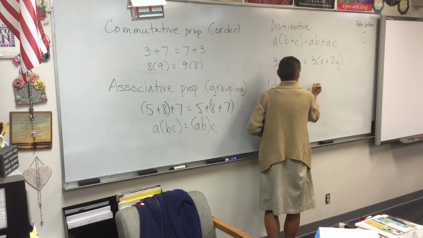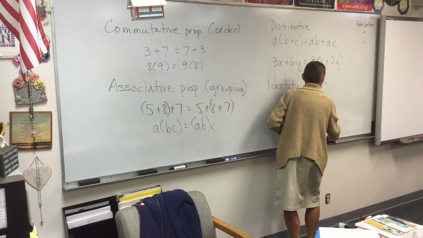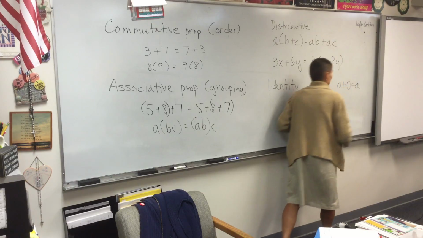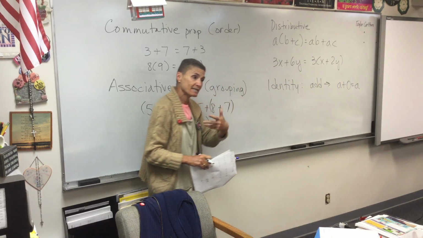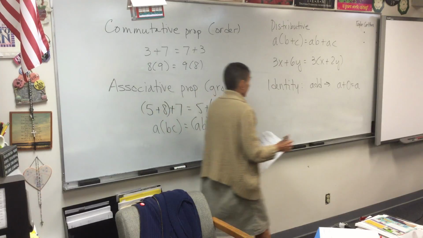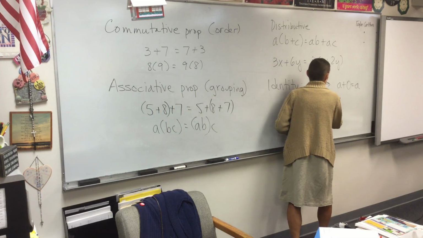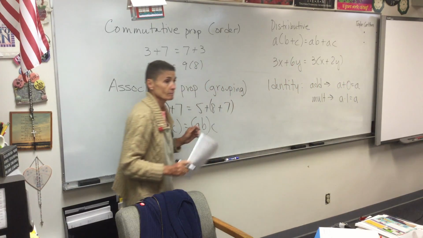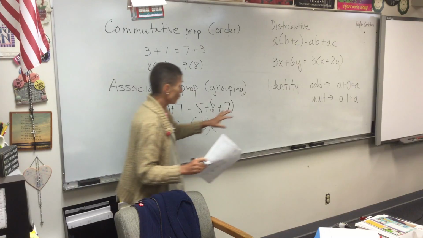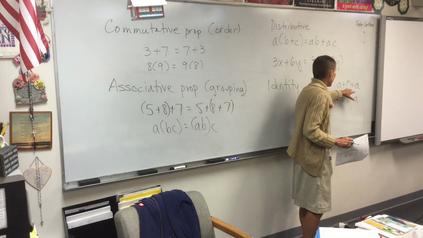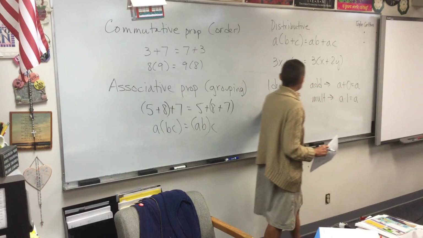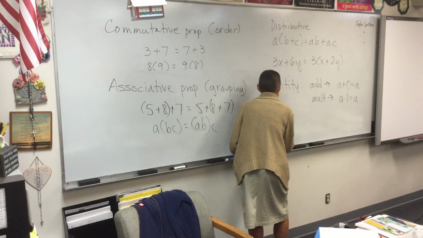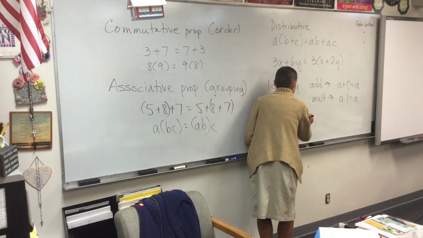The identity properties for addition, A plus 0 equals A. If you add 0, you get the identical number. For multiplication, if you multiply by 1, you get the identical number. These are called the identity properties. If you add 0 or times by 1, you get the identical number back again. The inverse properties